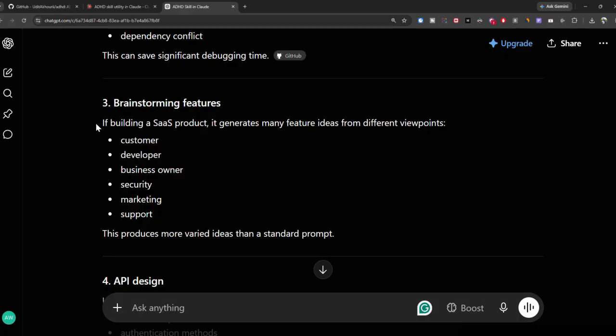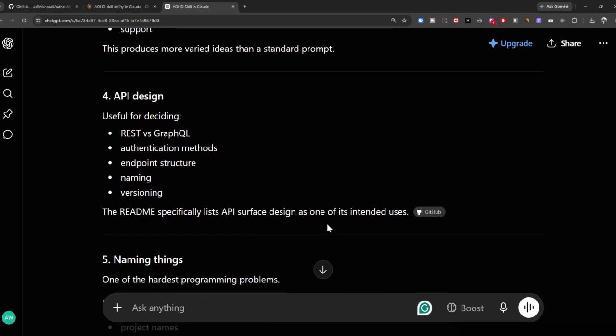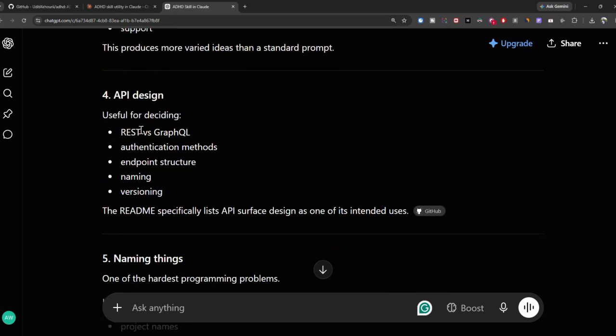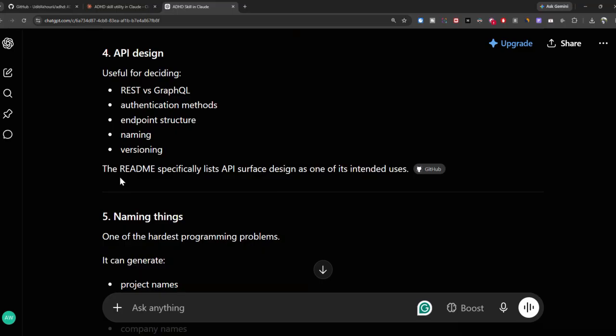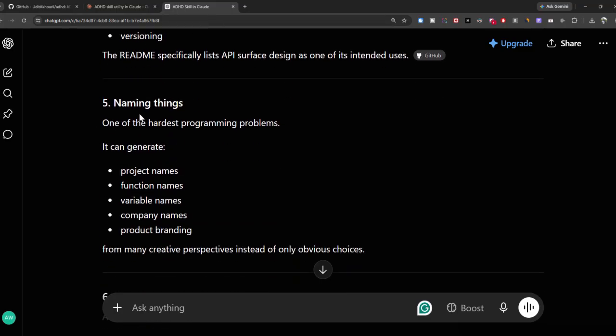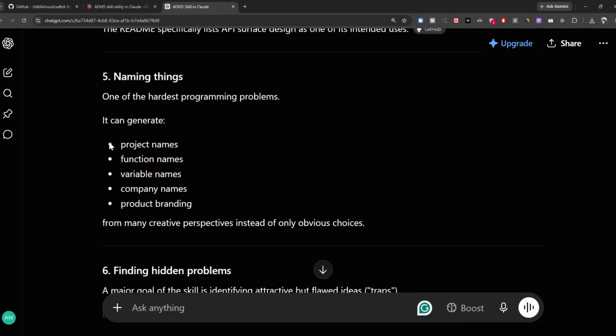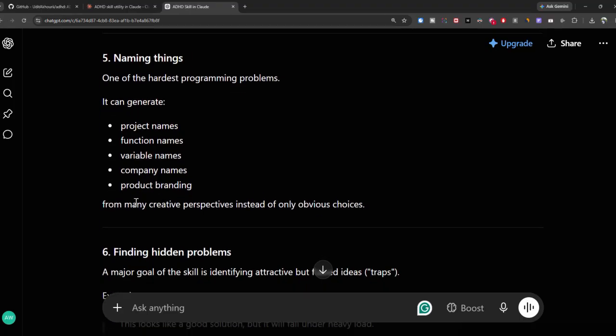Then it's also good at brainstorming features from different viewpoints, for example, the customer, the developer, business owner, security, marketing, support, and it produces varied ideas. Then we also have API design. It's useful for deciding which API design you should go for. Then it's also good at naming things, such as function names, etc.